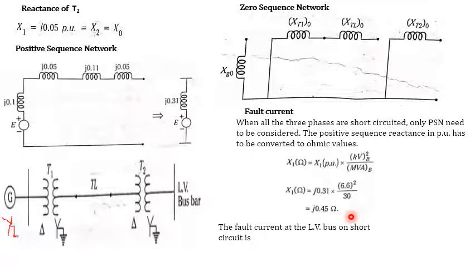That is the value of the reactance. Coming to the fault current at the LV bus bar, the voltage is 6.6 kV. LV side means at this point the voltage is 6.6 kV. The root 3 is for the three-phase system, so with X1 as 0.45 we get 8467.8 at an angle of minus 90 degrees, in amperes, which is the current flowing on the LV bus bar side.